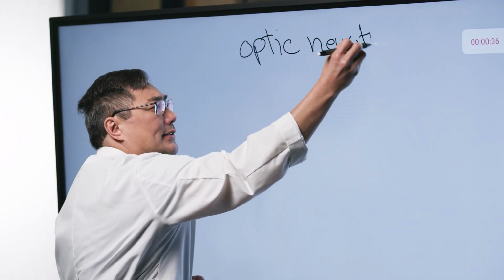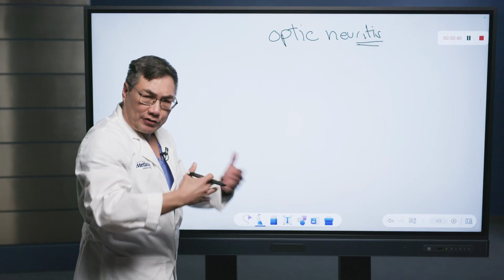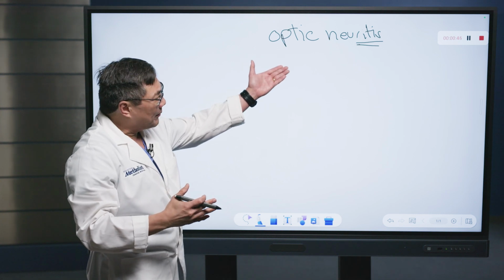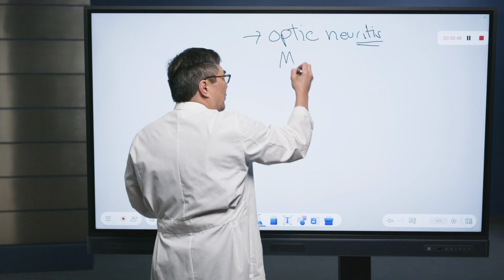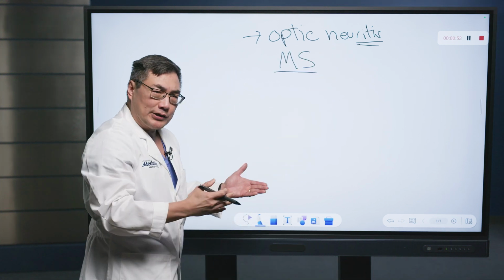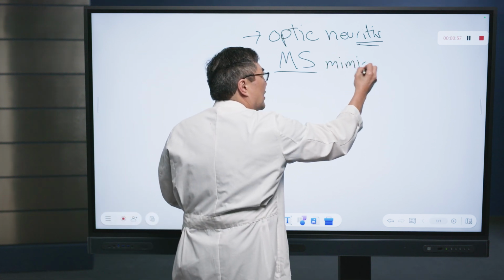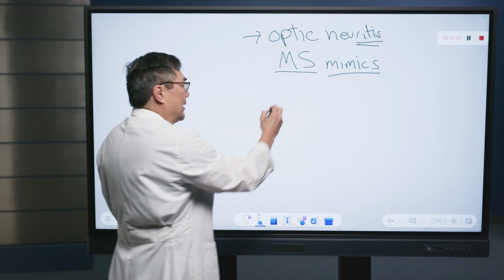Optic neuritis is a fancy word. The "itis" means inflammation, just like arthritis or arteritis. This happens to be optic neuritis because the inflammation is in the optic nerve. The most common cause of optic neuropathy from optic neuritis is actually multiple sclerosis in young people, but you need to know about two mimics of multiple sclerosis that we're going to be talking about today that are antibody-mediated,